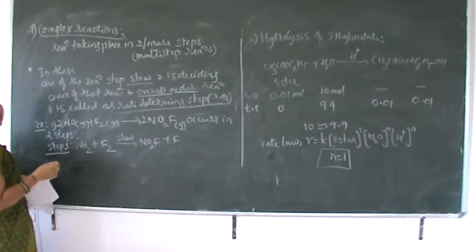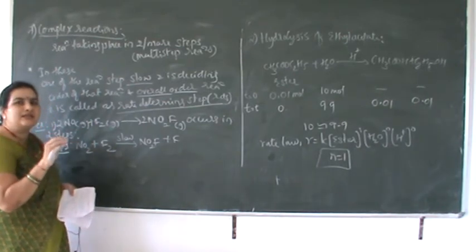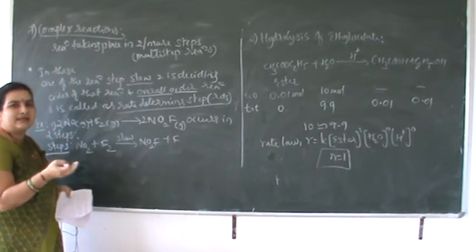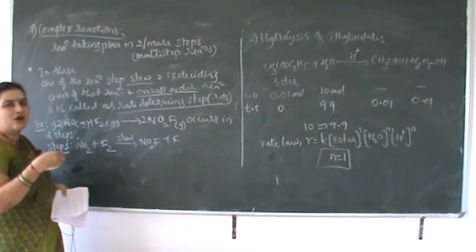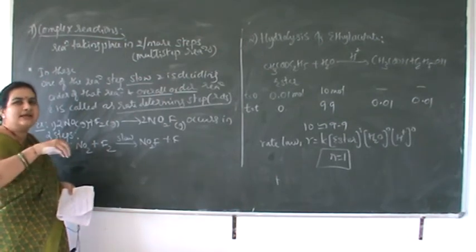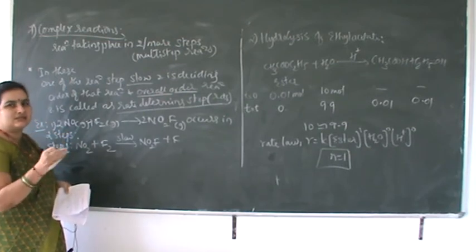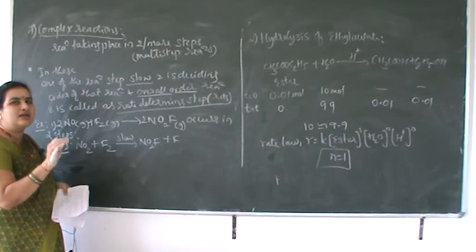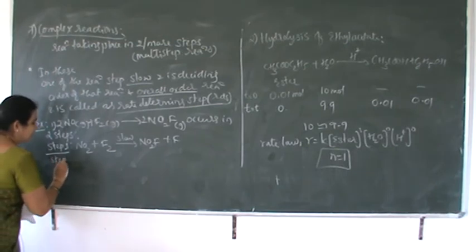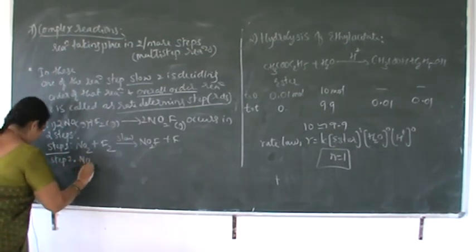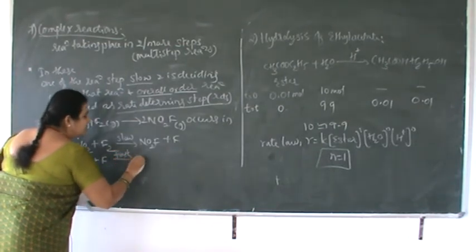F is an intermediate. Intermediates are always there in these reactions. Some intermediates form as cations, free radicals or anions, like carbocation or free radical, and they occur in one reaction. They will get reacted in another reaction. That means they will be destroyed in the reaction. Okay, they will not remain as products. And the second reaction, step 2, will be NO plus F giving rise to, this is a fast reaction,